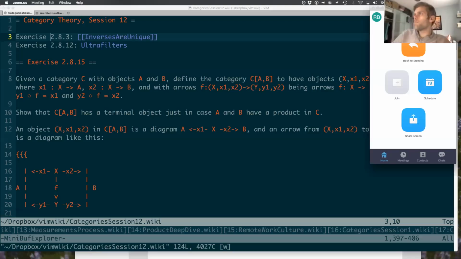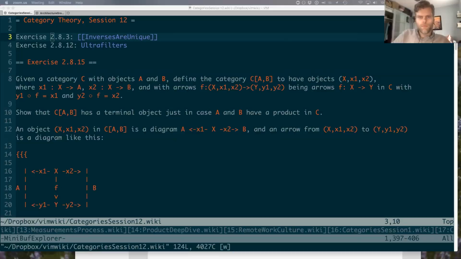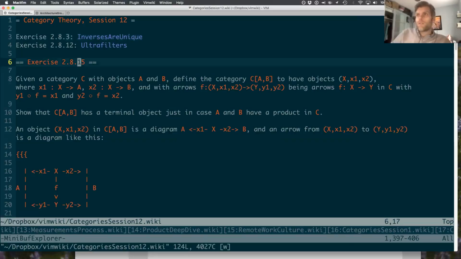So I'm assuming nobody did all 18 exercises. No. So what I'm going to do is share my desktop. Okay. All right, so just going through some of these exercises, like